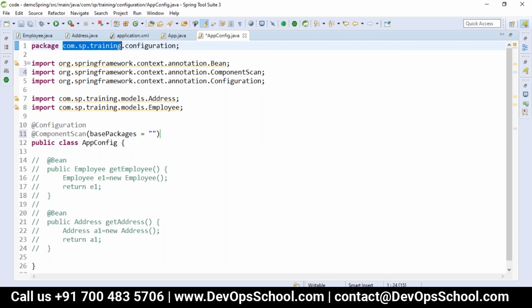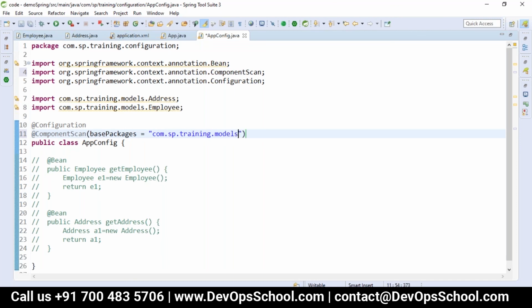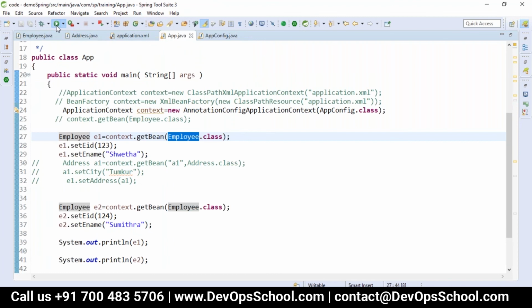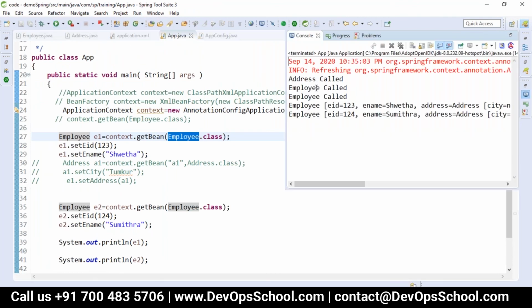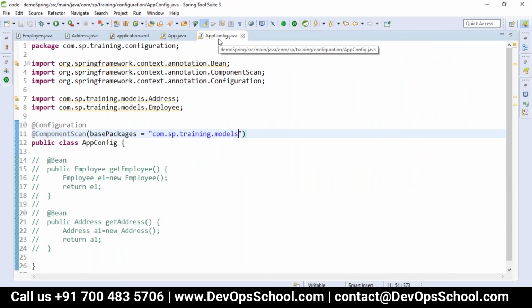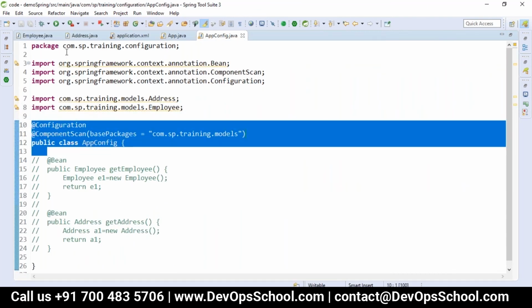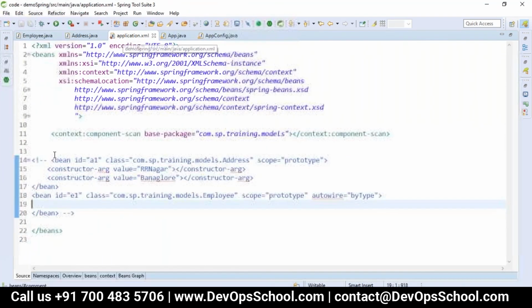I want to scan all this. Now we go here, and it still works the same. So here you can see this is a simple Java class as a replacement of the XML.